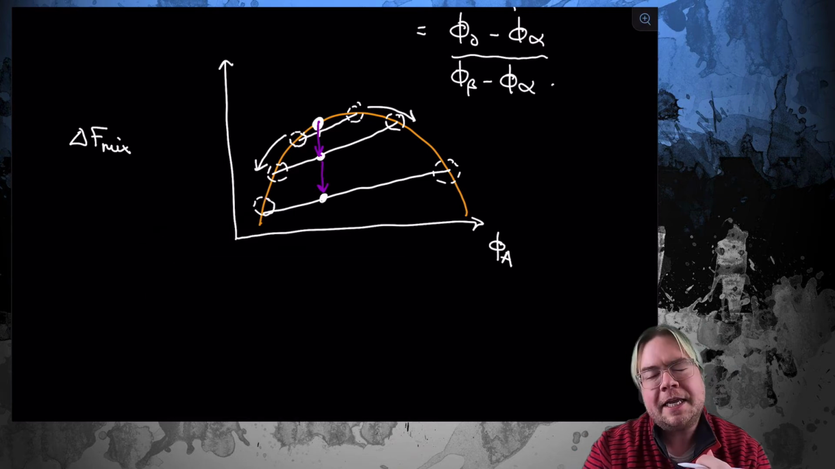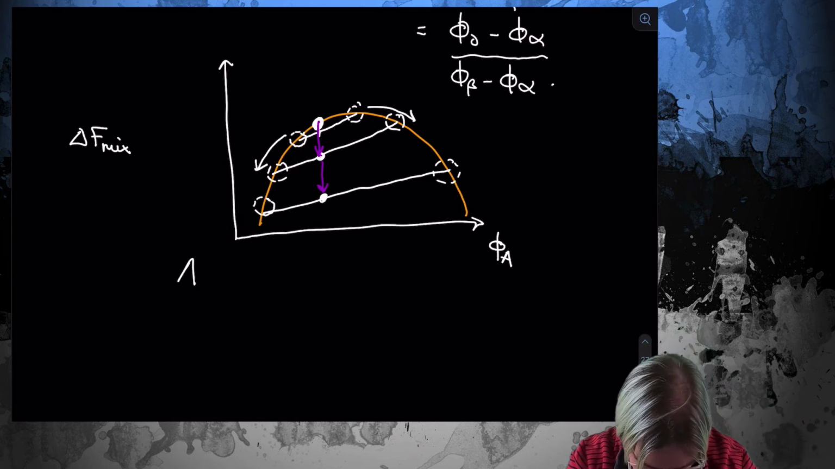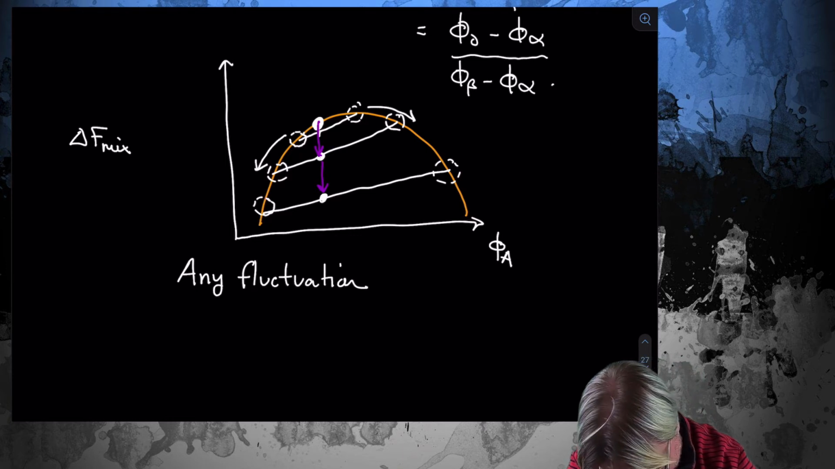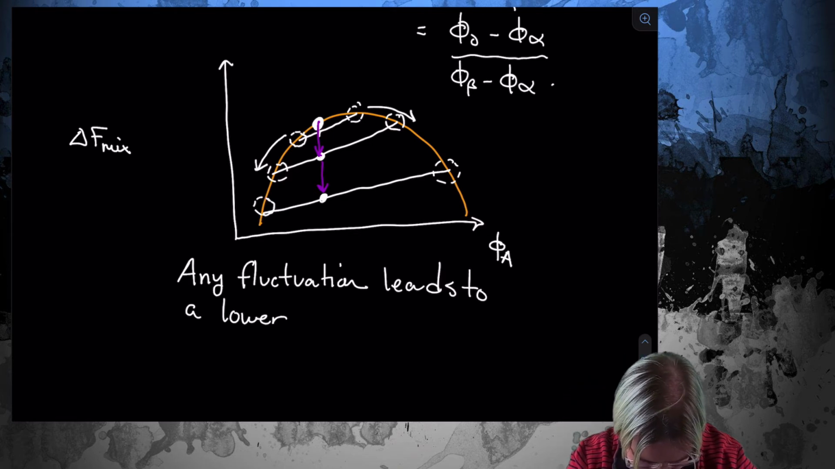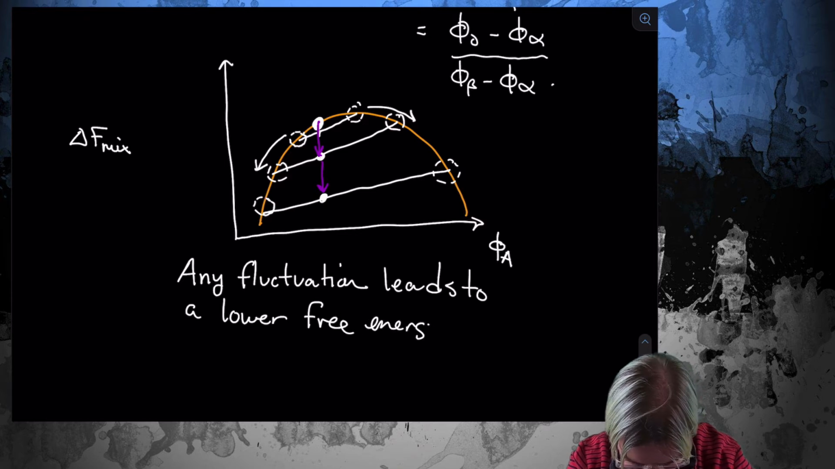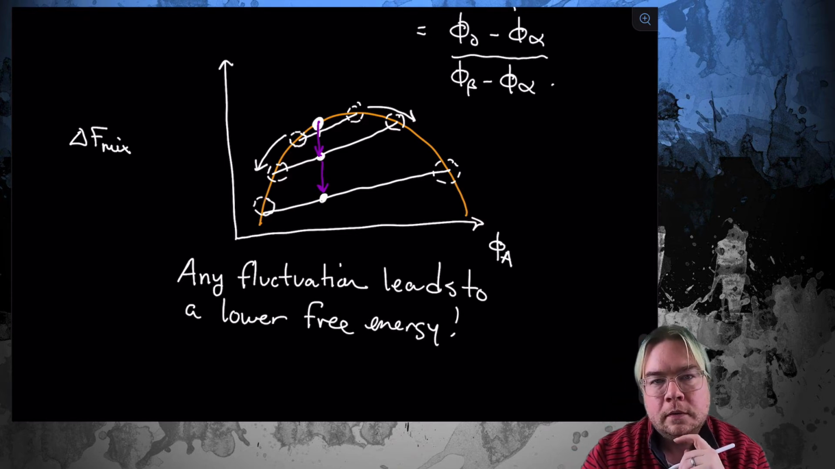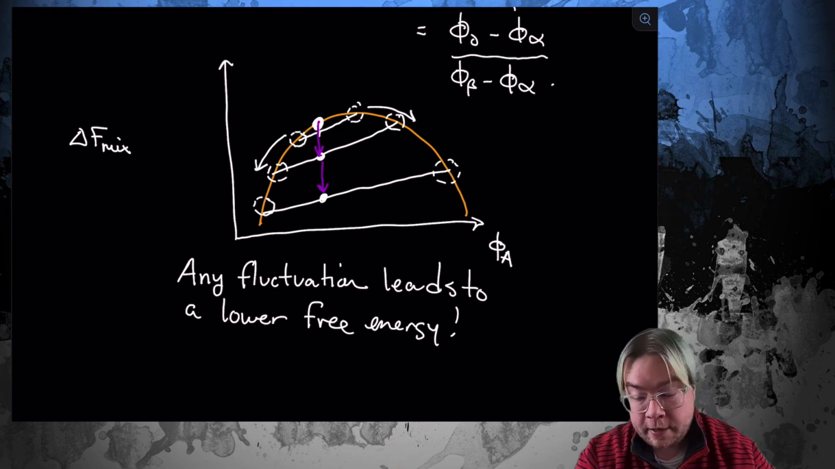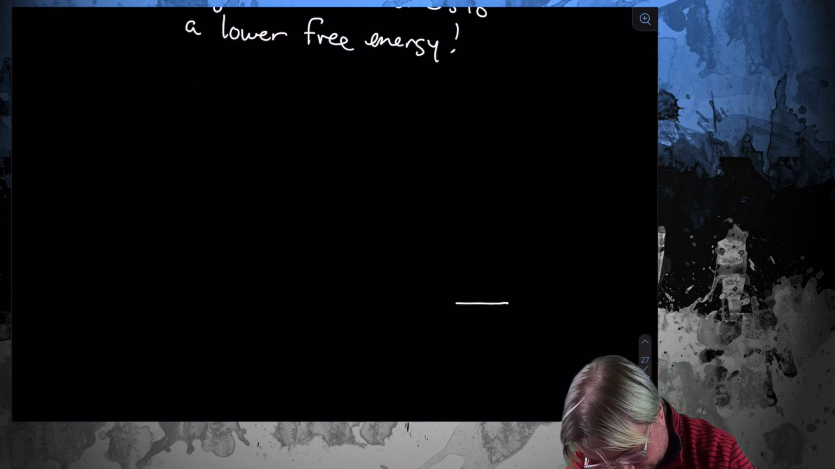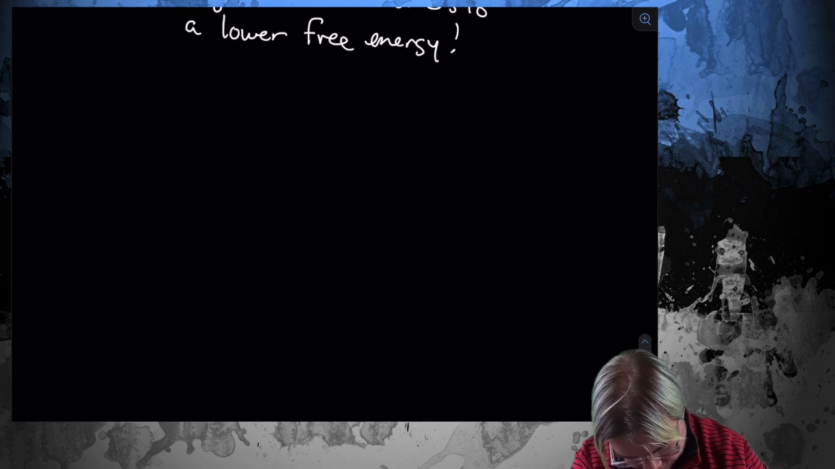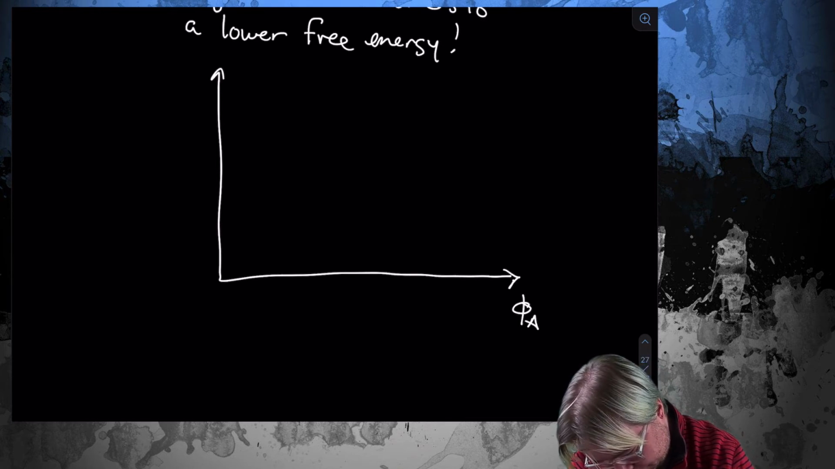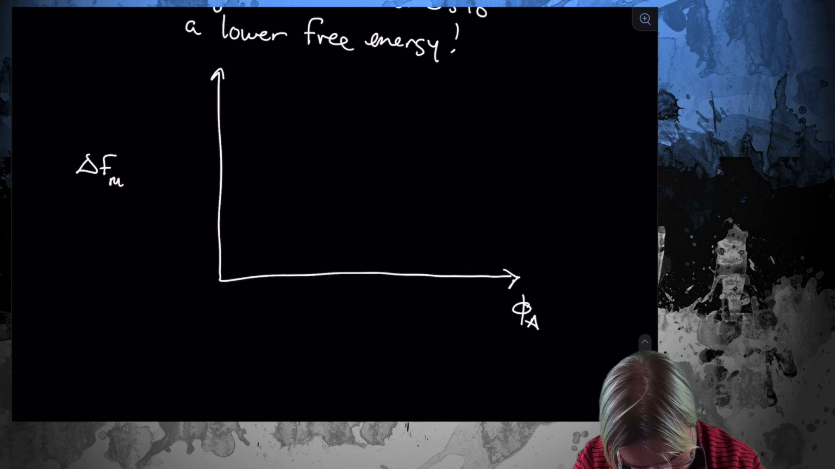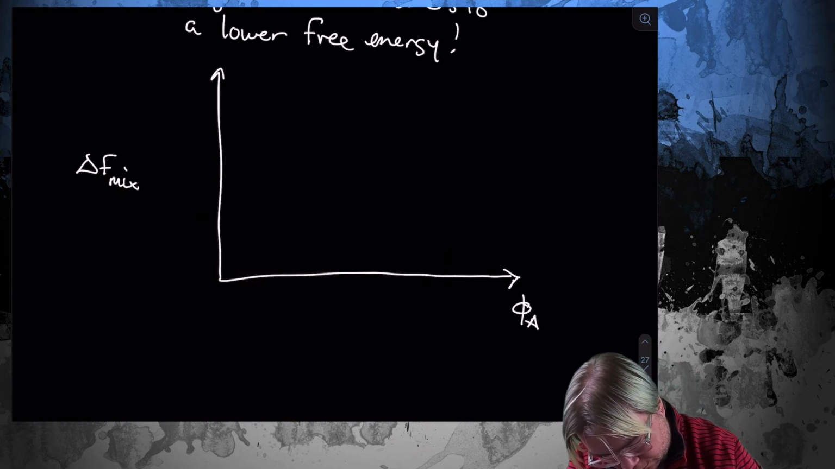So in other words, in that region with the negative curvature, any fluctuation leads to a lower free energy. Then it's going to keep going. So if I draw my entire free energy curve, that's terrible. So if I draw the entire curve that looks like this,